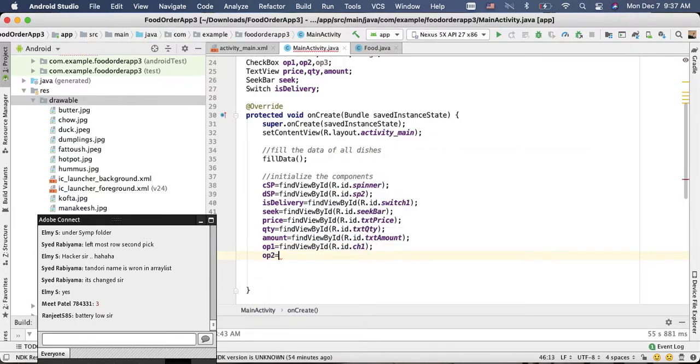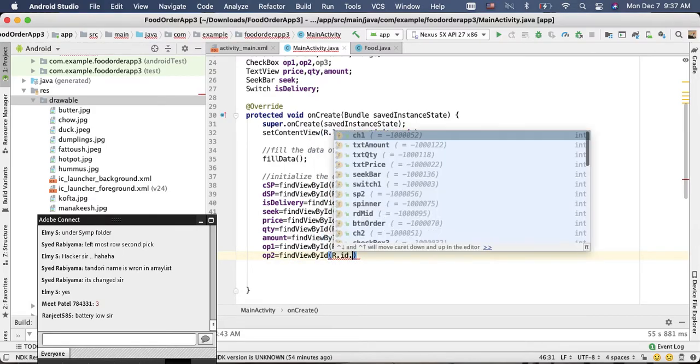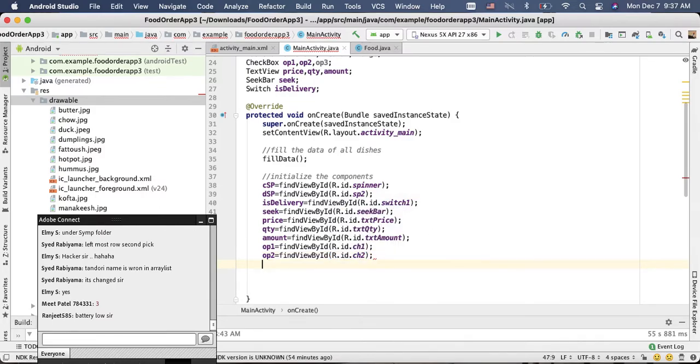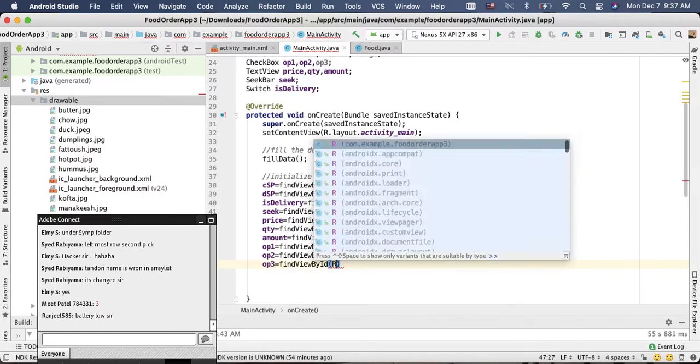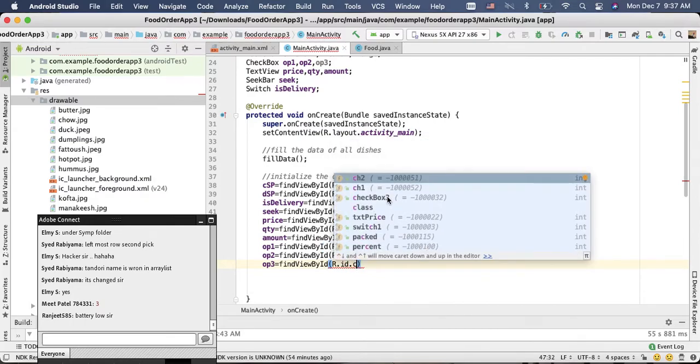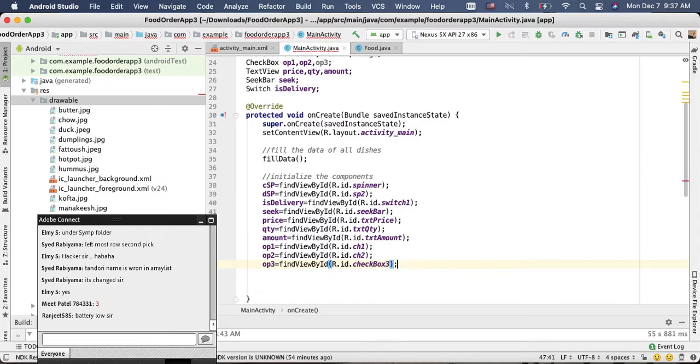Option 2 equals findViewById R.id.checkbox2. And option 3 equals findViewById R.id.checkbox3. I didn't change its name. Okay, and